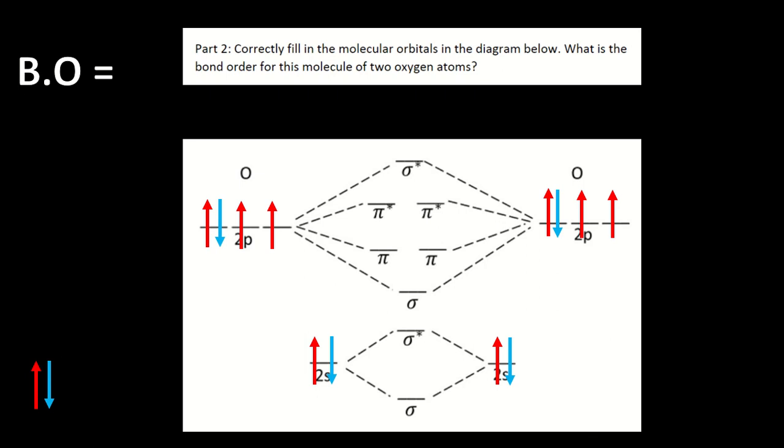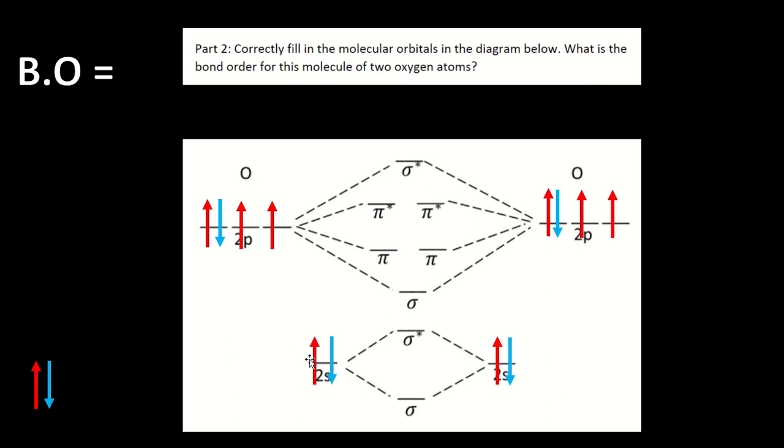And essentially, what we're going to see in this case is some bonding orbitals, and anything with a star or asterisk next to it is an anti-bonding orbital. Anti-bonding orbitals simply encourage the molecule to not form. Bonding orbitals encourage the molecule to form, to have bonds. Therefore, essentially what we're going to do is take the number of electrons contributed from both atoms and start using them to fill each of these molecular orbitals, starting from the bottom and working